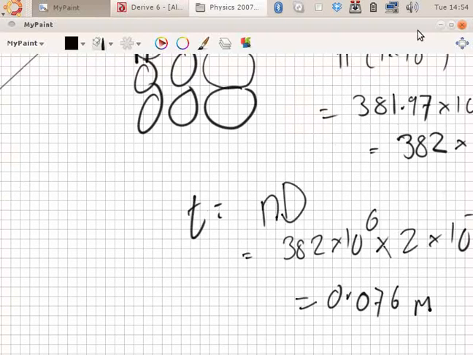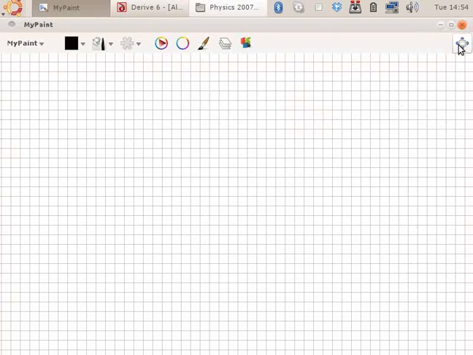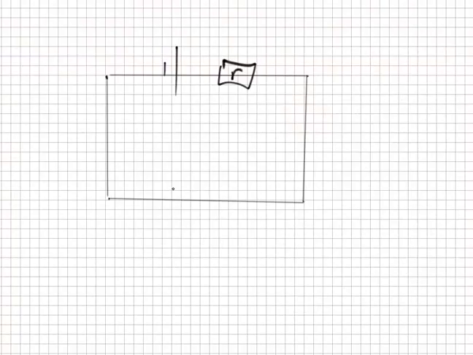Now, next one here. So, this one here isn't so bad. It's a bit more straightforward. The diagram below shows a battery of 1.5 volts and internal resistance R connected in series with a 6 ohm resistor. So the first one, explain,